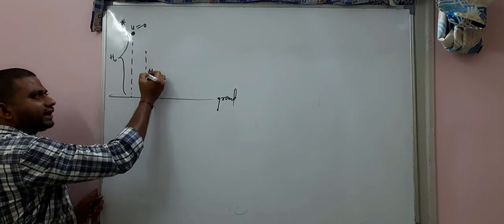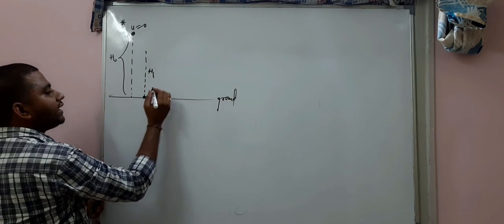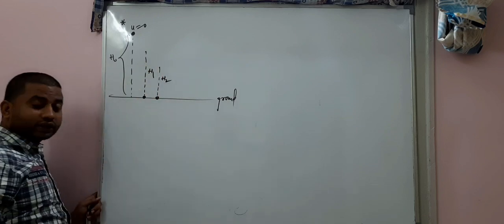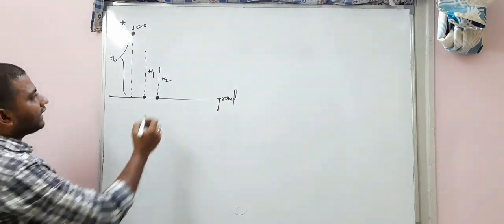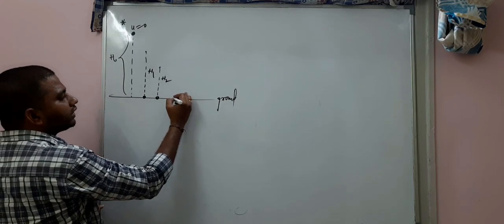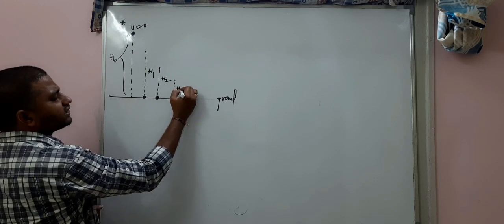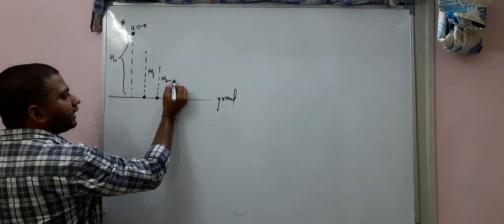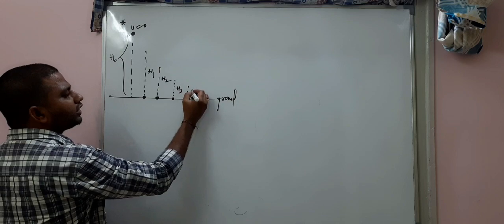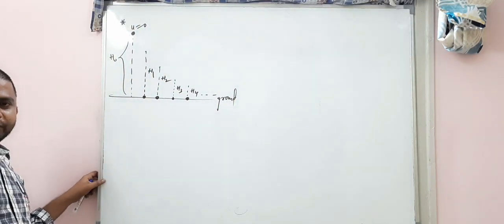Again it comes back in the same path and rebounds once again, and this rebounding height I am taking as h2. After reaching the maximum height it comes back once again. Now the third rebounding height I have also considered, my dear students. This is h3, and it comes back in the same path, and the fourth rebounding height is also taken. Like this, it goes on.